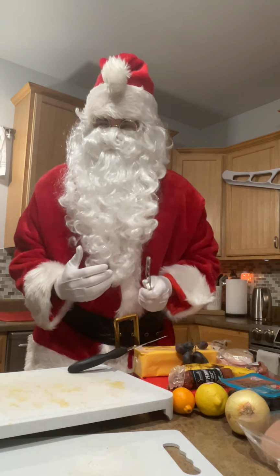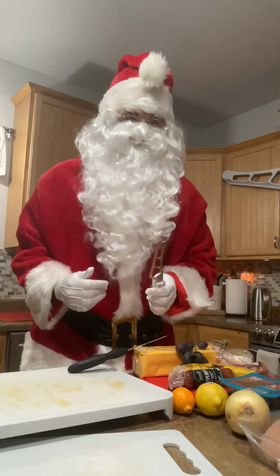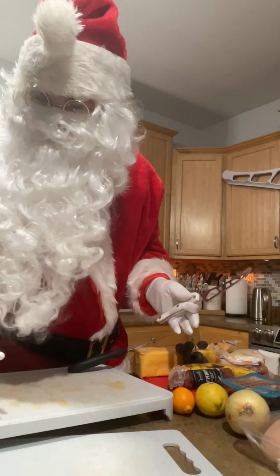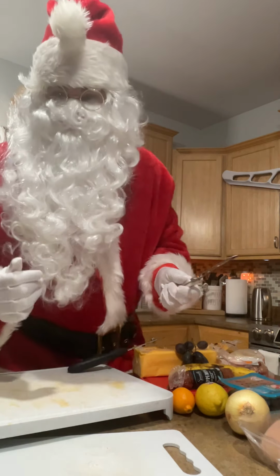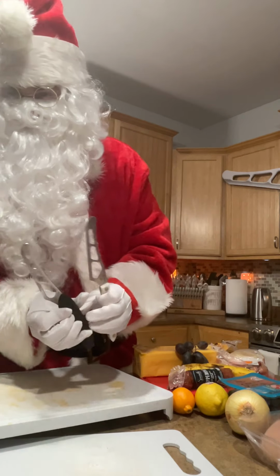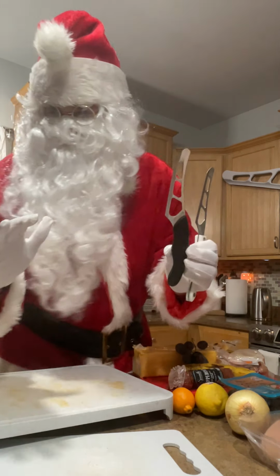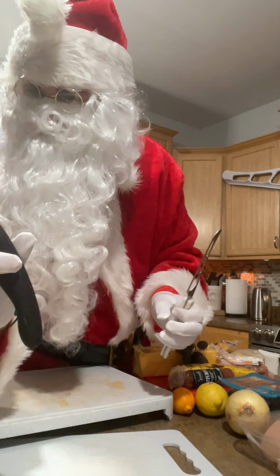So we're gonna make a Cutco Charcuterie board. Mrs. Claus is in the background. I need a couple more cookies, Mrs. Claus. The Charcuterie board, here, raw and live. So this was the first one that the elves made. The elves are very short little creatures up north, and they made one with what we call the rubberized